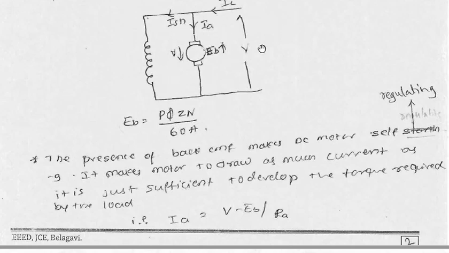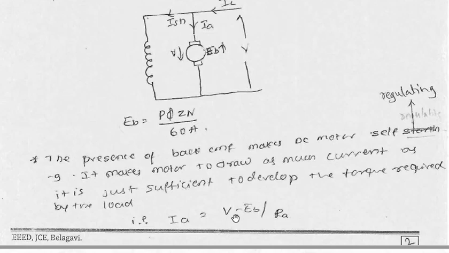This is a shunt motor. In case of a shunt motor, the equation we can write is Ia = (V - Eb) / Ra. As of now, you can just see this formula as is. We are going to discuss how we get this relation between the back EMF and the terminal voltage. So in case of a shunt motor, armature current Ia is equal to V minus Eb, whole divided by Ra.